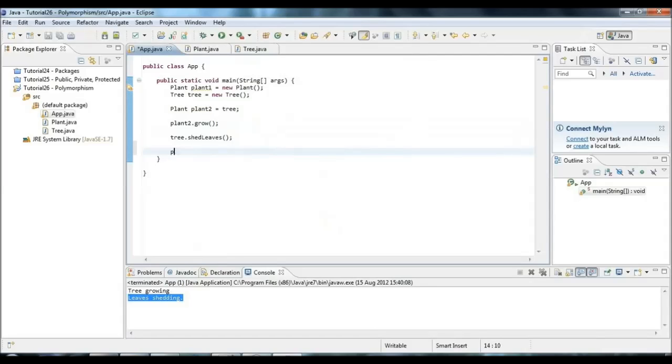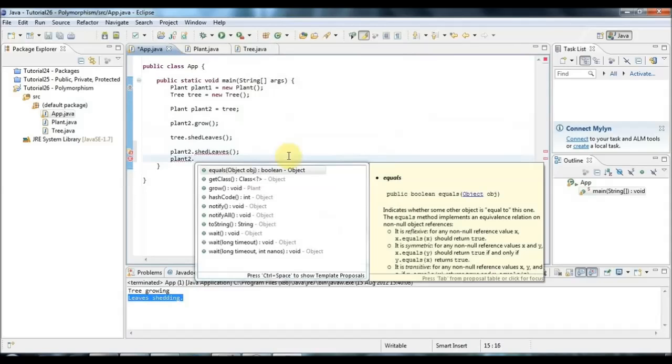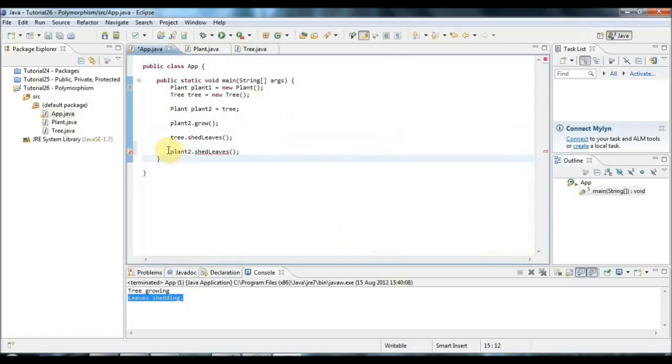But if I look at plant 2 and I try to do shed leaves, I'm going to get an error, and in fact the autocomplete would have told me that as well, because there's no shed leaves in this list. And the reason for that is that when you're trying to call a method, what matters is the type of